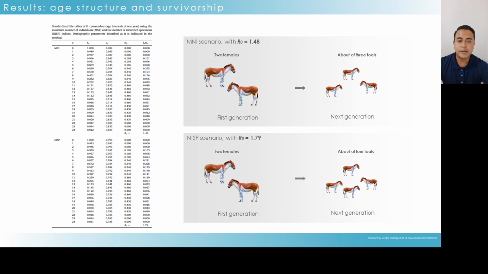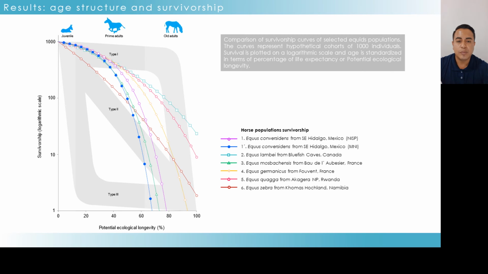The standardized life tables show the vital statistics of the population of Equus conversidens from Hidalgo. In both scenarios, the net reproductive rate R0 is greater than 1, suggesting a population growth. We found that all survivorship curves of the selected equid populations have concave shapes, which is related to survivorship curves type 1 according to Deevey,